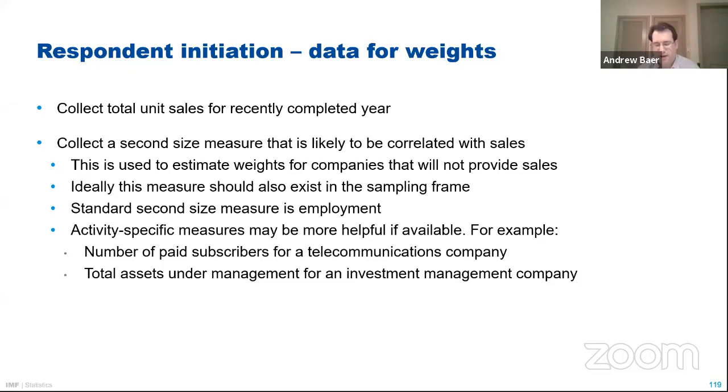that's great. Now, if I visit a company that says, look, I can tell you the number of employees, but I don't want to tell you my sales, it's confidential, I can then estimate their sales based on the ratio of revenue to employees from the companies that told me both sets of data. Okay, so that's why we collect a second size measure. It's useful for estimating revenue for companies that won't give it to us.